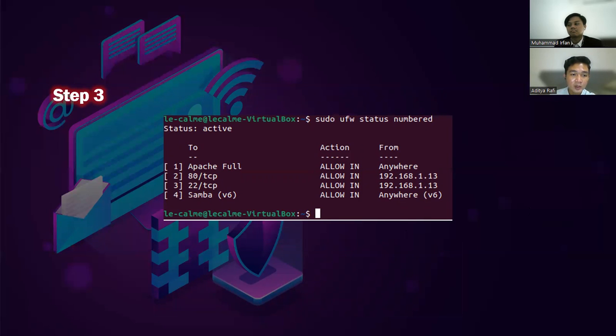Step 3, to verify, we enter the syntax sudo ufw status numbered to ascertain whether the command we deleted was correctly deleted. If it looks like this, it means the delete command is done and we are able to remove the command from our access on the UFW firewall.